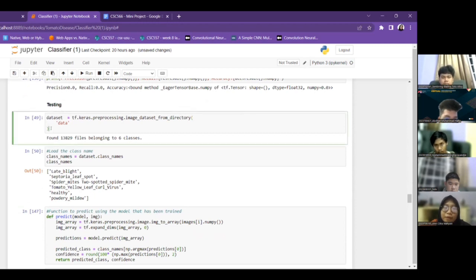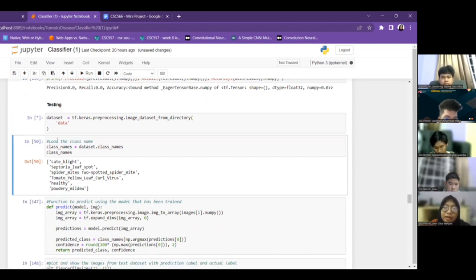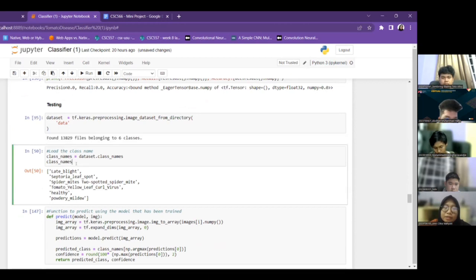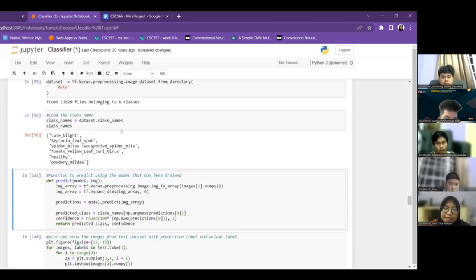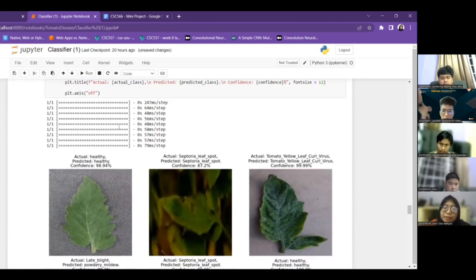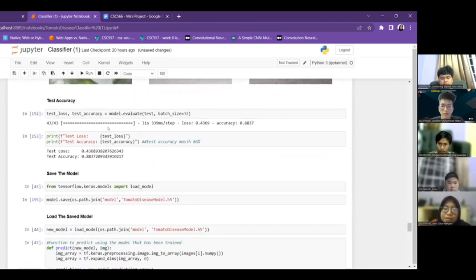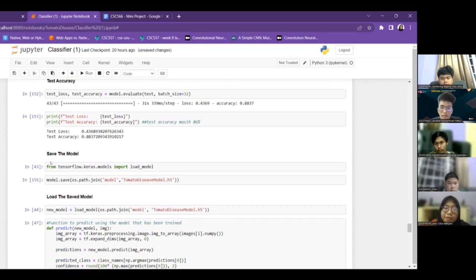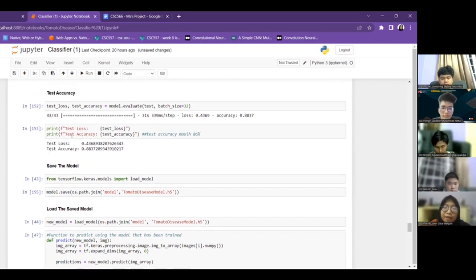So we need to load our dataset again, and then we load the class names. We have these six classes, and then we define the predict function to predict the images using the model that has been trained. So here, we will use the set model, the model that's already set. But before that is the test accuracy that we achieved, which is the